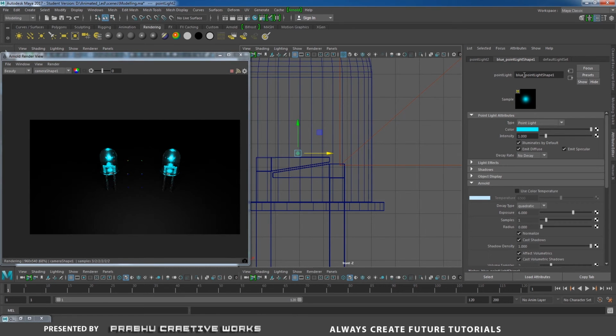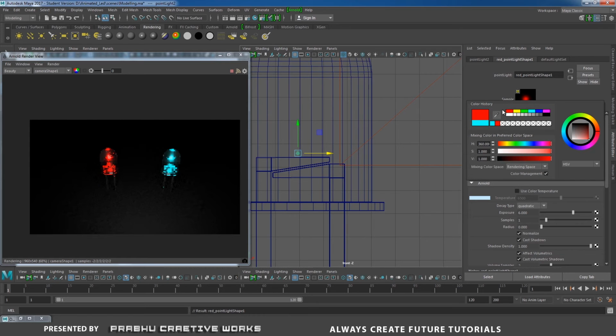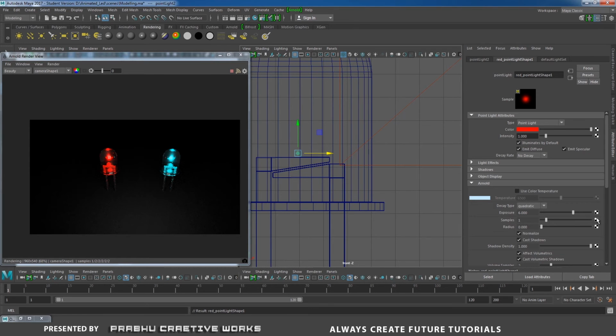I want to rename this light as red, and then you want to change this color to red. When we have a red light, the illumination is a little bit less, so I will give 6.5 exposure or 7. Okay, now we got perfect light on our LED.